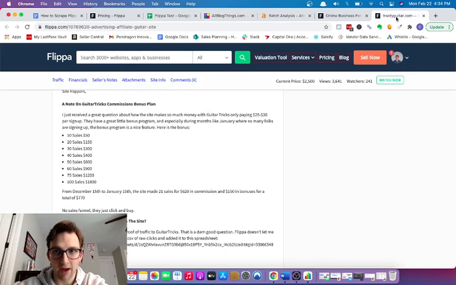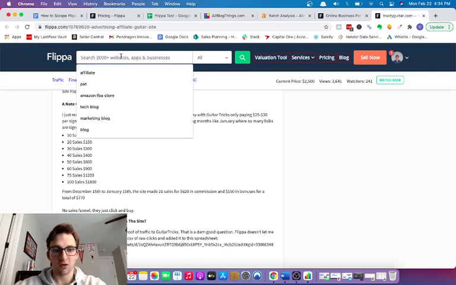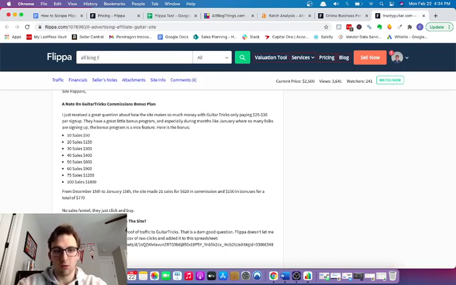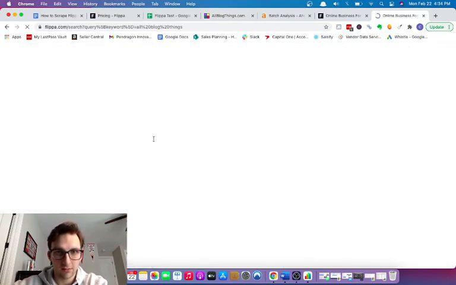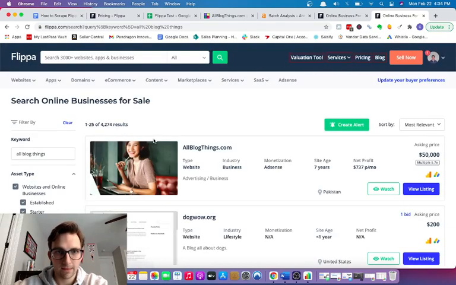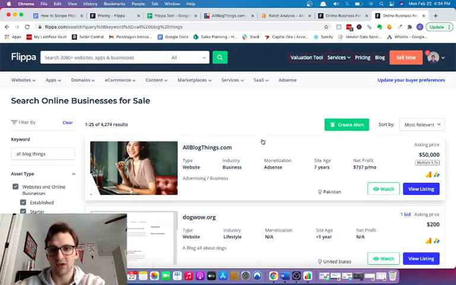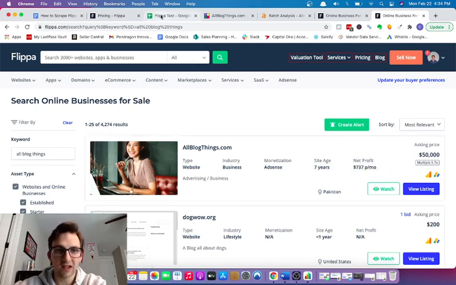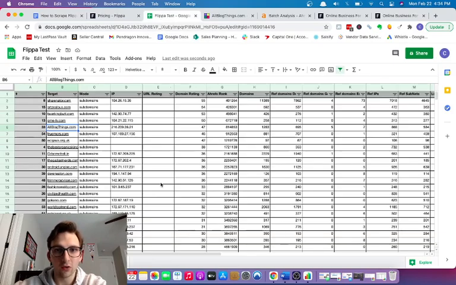And then we can go back to Flippa right here and search allblogthings.com. So there you go, making $737 a month, asking price $50,000. So again, this is a pretty quick way to rip through all the Flippa stuff, depending on what your